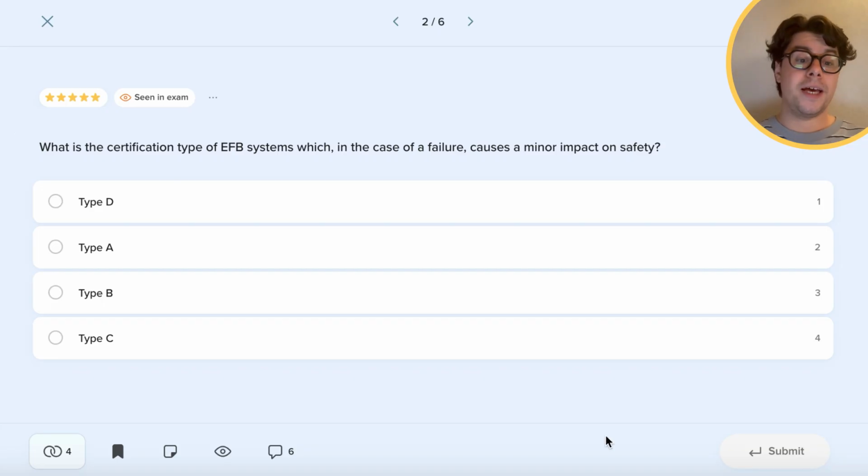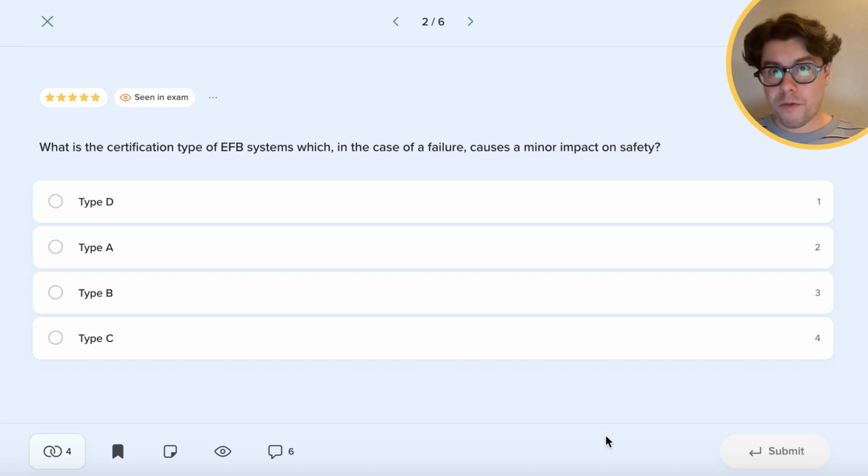And of course, it is type A for all good, and type B, a bit of a problem. Type Alpha EFBs have no implications on safety, all is good no matter the status of it, and type Bravo, a bit of a problem, can cause some minor impacts on safety. These in most cases will relate to your portable and your